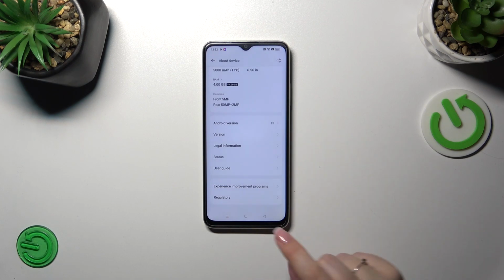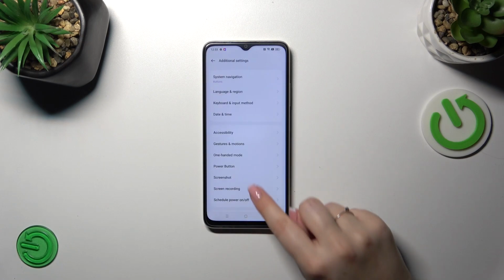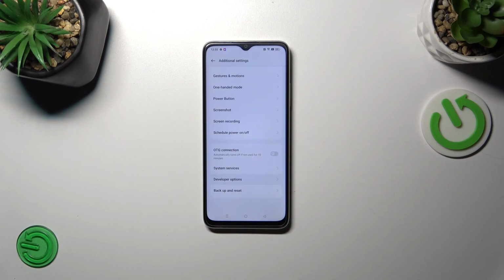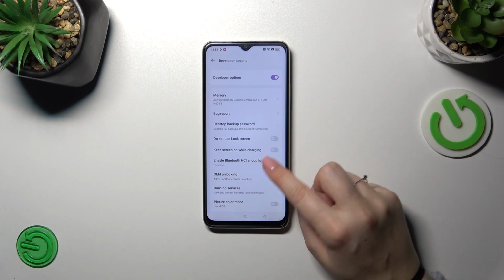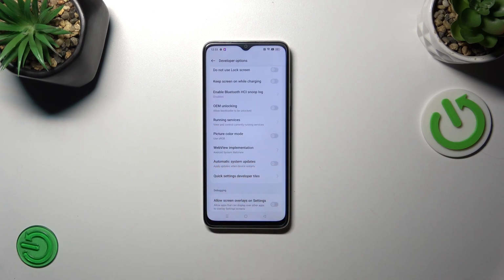Alright, so after activating, we have to go back to the general settings and then let's tap on additional settings. Here, let's scroll down to find the developer options, let's enter. And right now all we have to do is to scroll just a little bit to find the automatic system